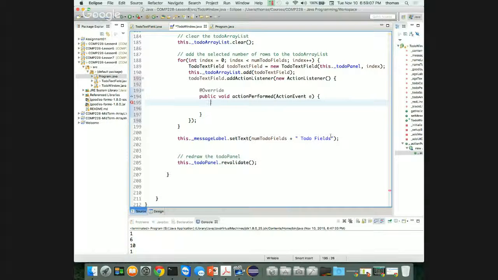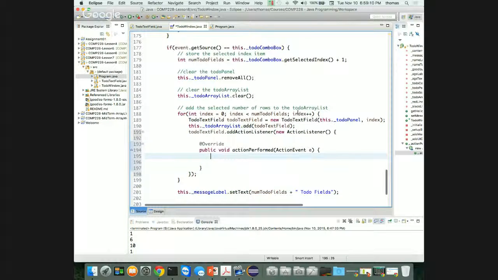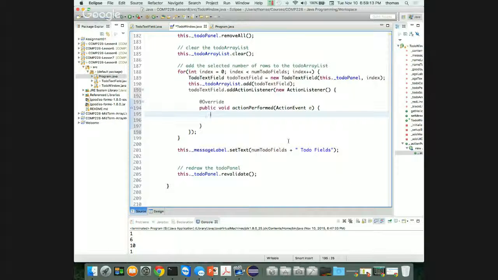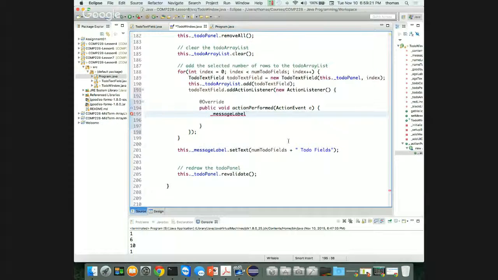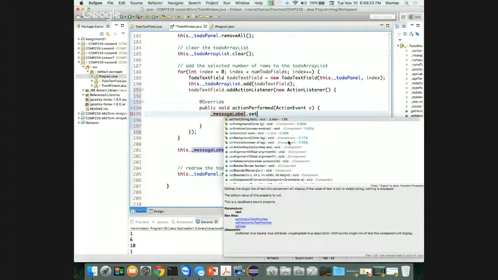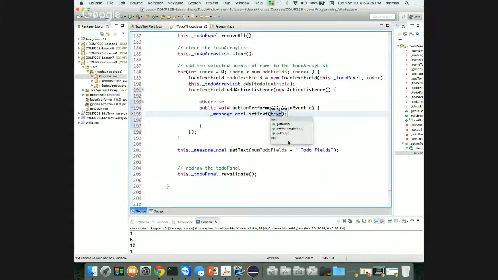I can't use this, but can I use something like this? I want to access my message label. Can I just say underscore message label? If I have access to it, I do, right? Dot set text. That's why I use this keyword a lot. And then I want to set the text to